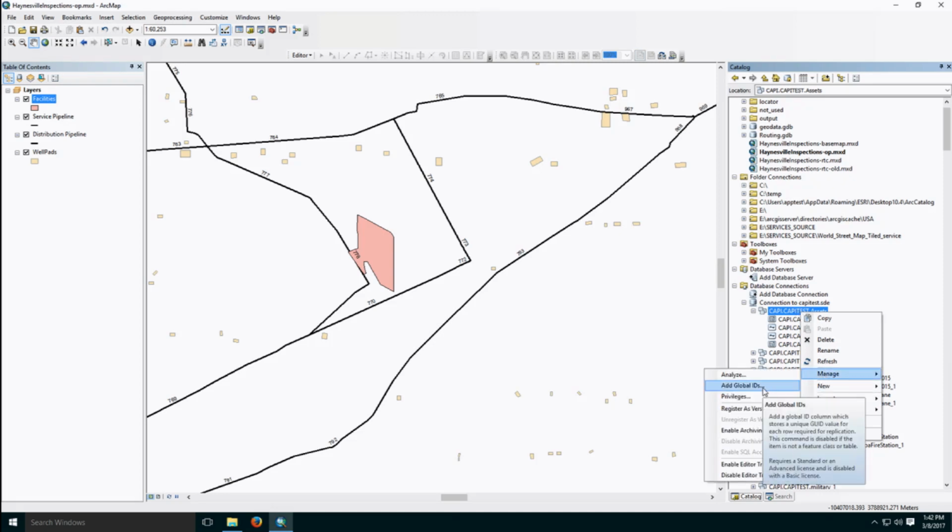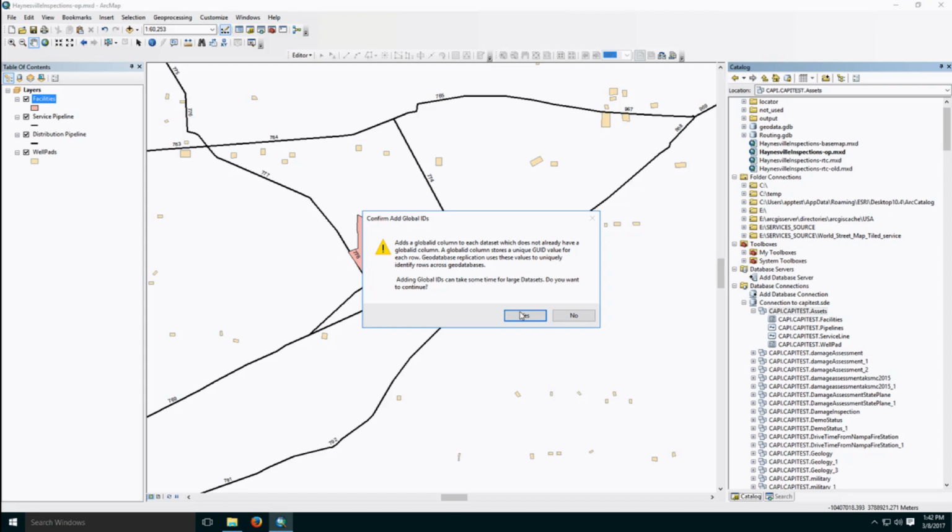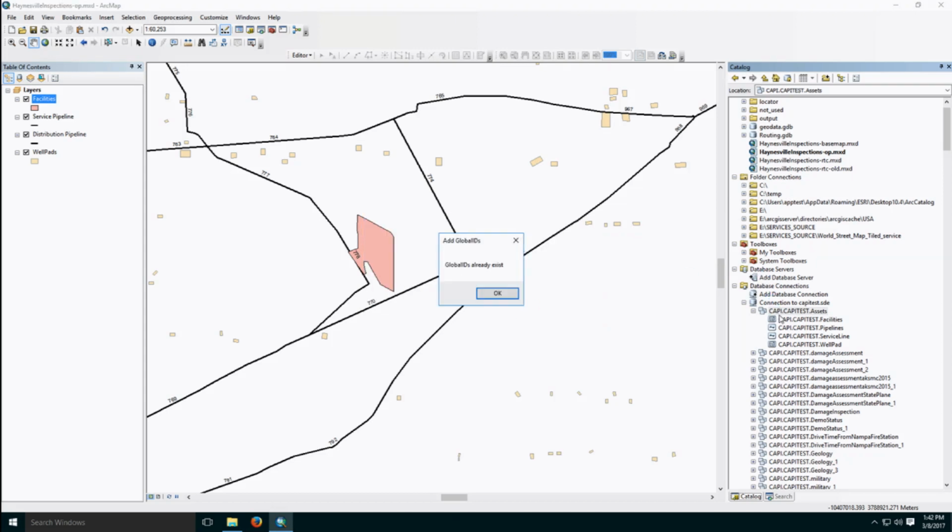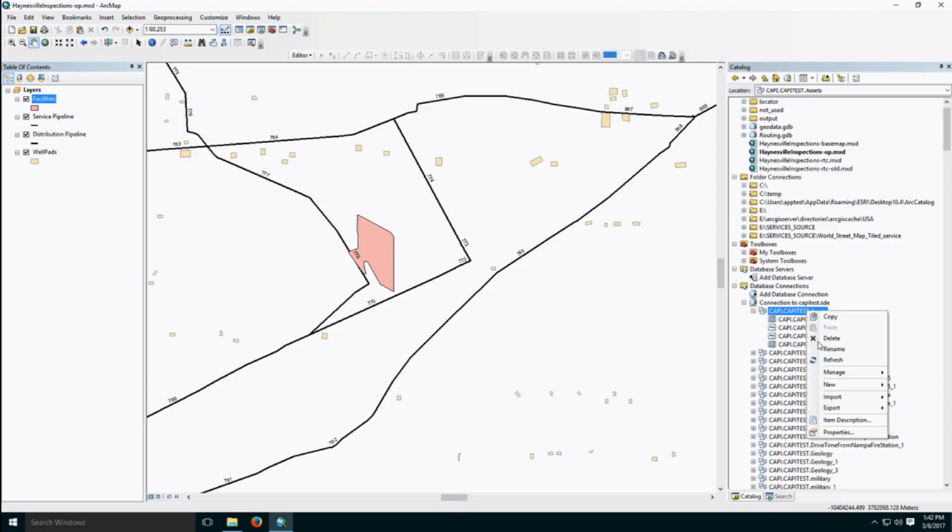So to do that, we can right click on our data set, we can go to manage, we can click Add Global IDs. And this should be relatively quick because the data is small. And then we can enable archiving from the same place. And once our data is set,